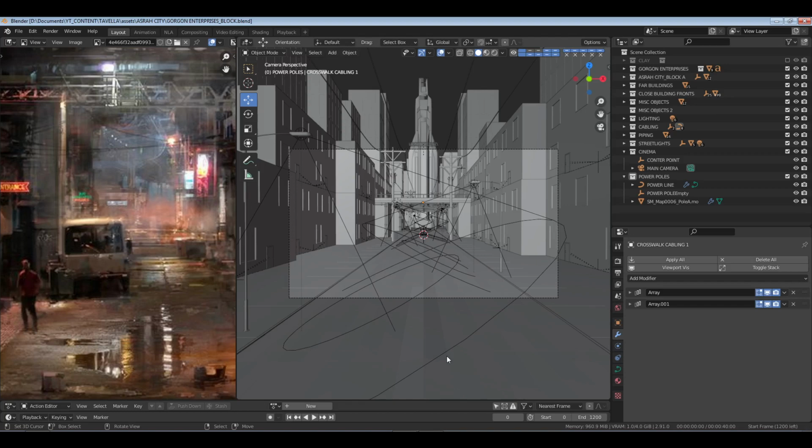The next time you see this particular scene, there will be lights, signs, more lights, signs, stuff, things spilled into the street, and just kind of make it look as